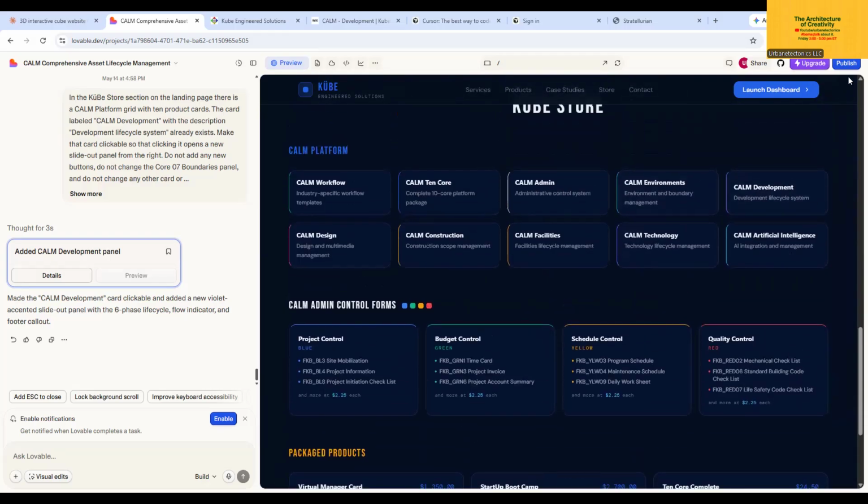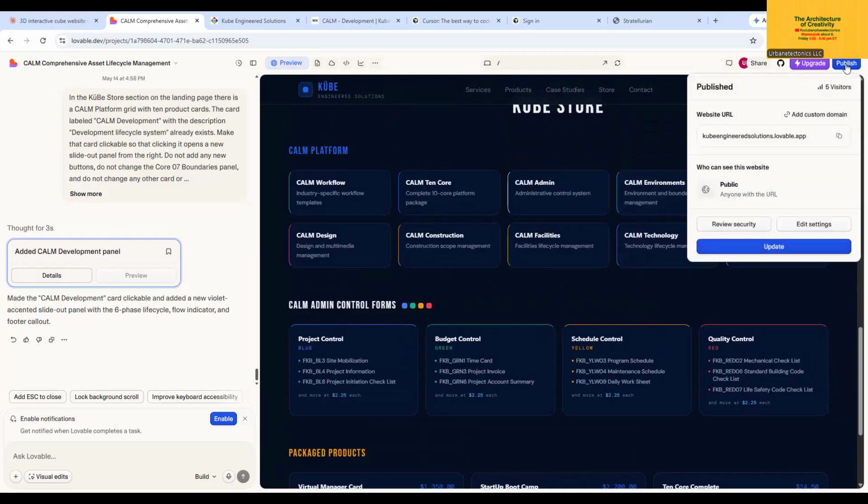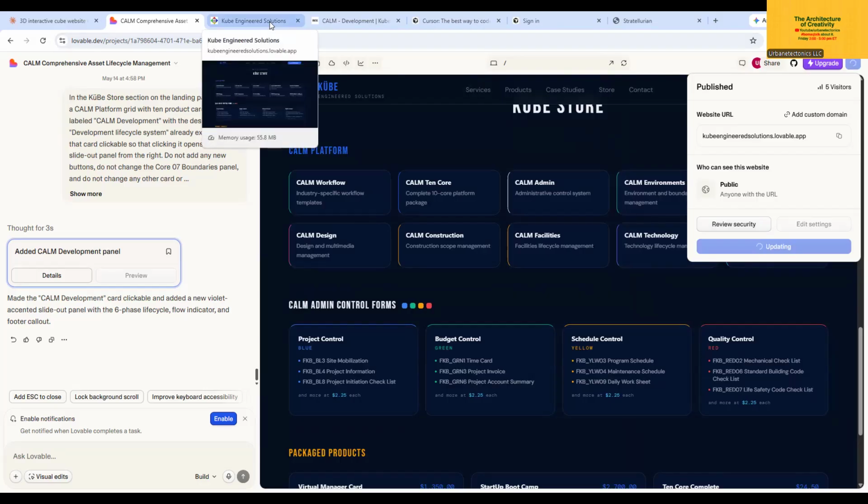So it looks good. So we're going to go ahead and publish, update it. All right. And so once we update it here, and it accepts it, then we have it embedded within